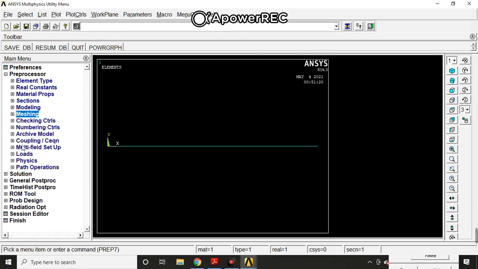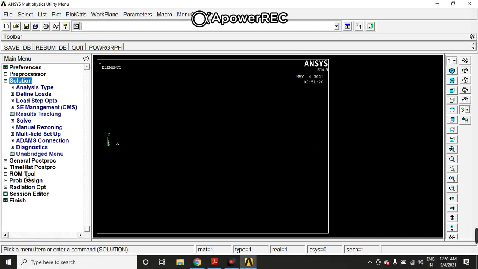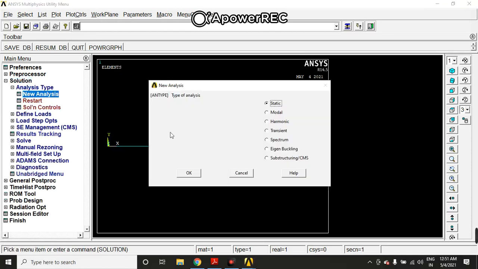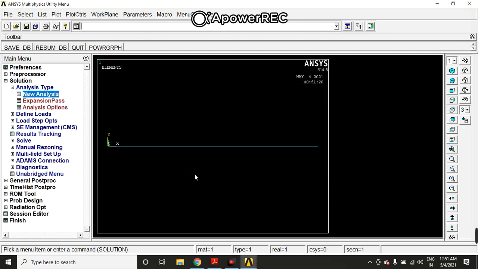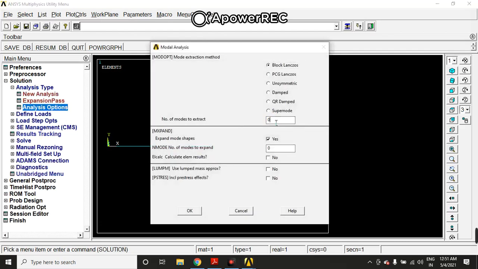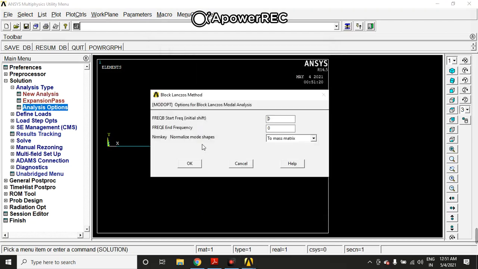Close this. Now go to Solution, click on Analysis Type, New Analysis, click on Modal, select OK. Now go to Analysis Options, enter the number of modes to extract as 20 and the number of modes to expand as 20, and click on OK.